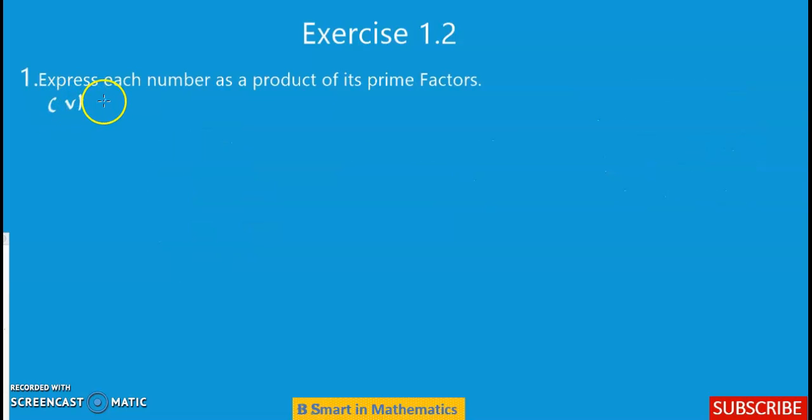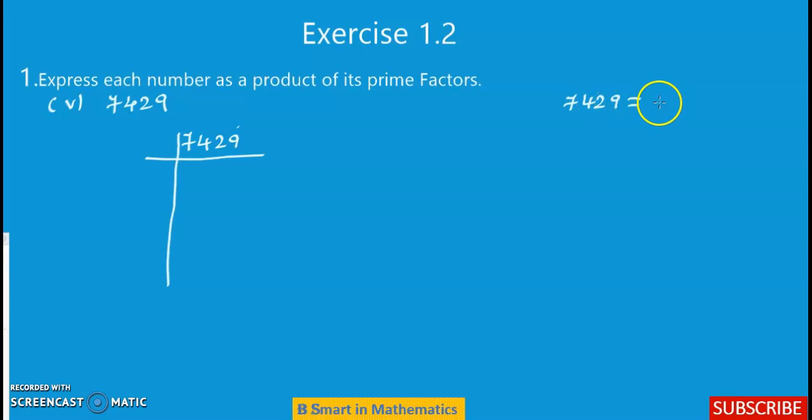And the next number given in the textbook is 7429. So you have to do prime factorization. So 7429. Yes, it is obviously not divisible by 2. Why? Because in its ones place it is having 9. It is an odd number, so it is not divisible by 2. Yes, it is not divisible by 3, 4, 5, 6. Yes. How can we write?